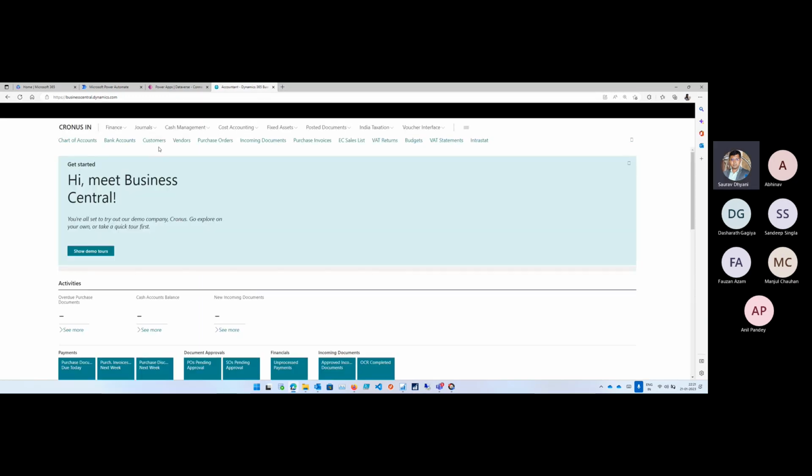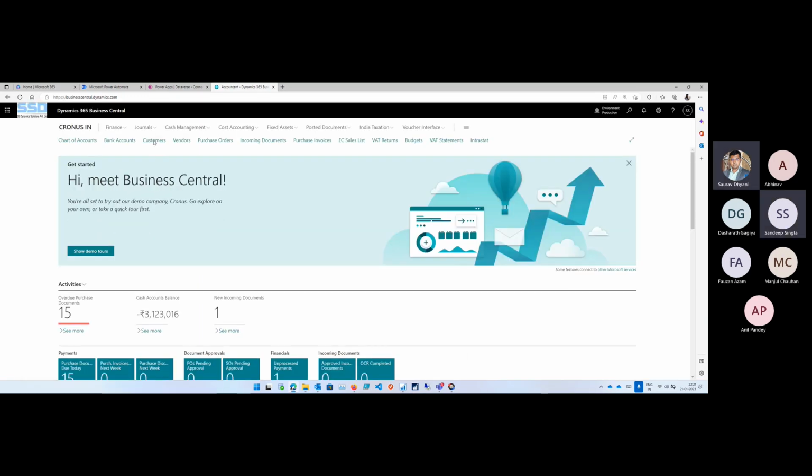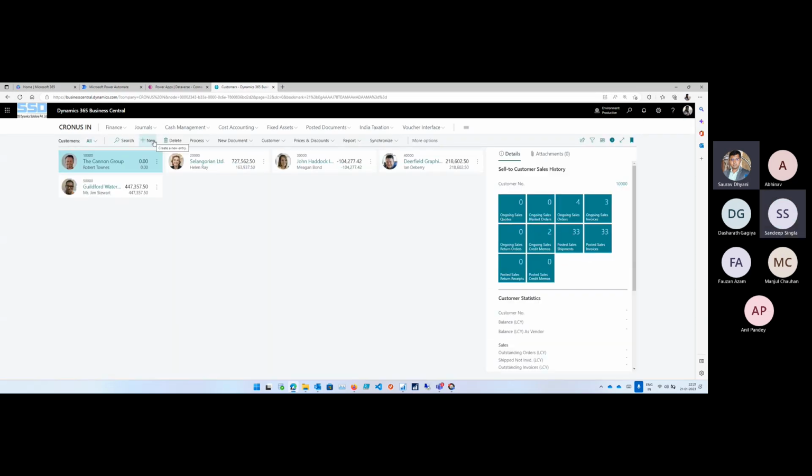So in the same way, when you are building solutions for your customer, don't ask them to have a login for your Power Automate where you need to go and